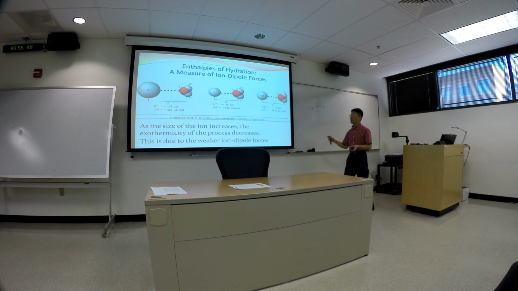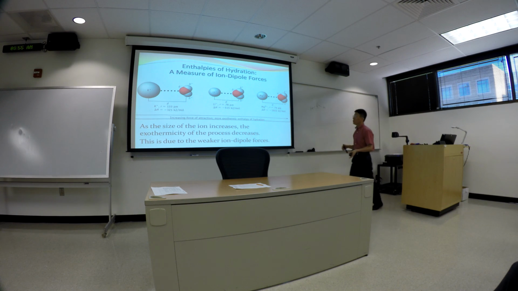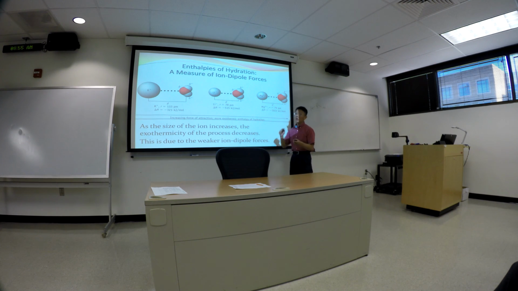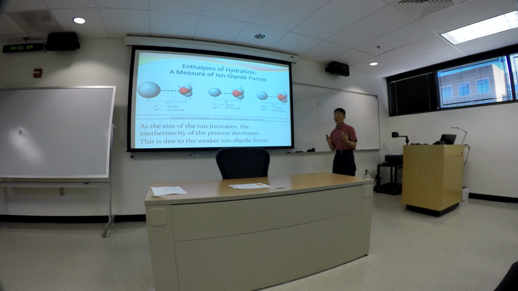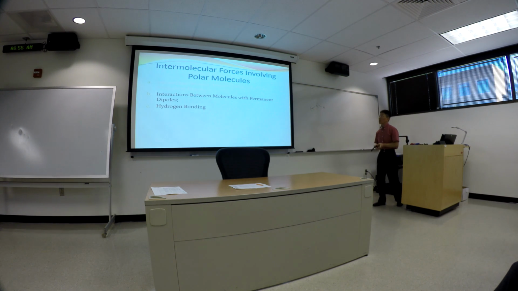So again, as the ion size increases, the exothermicity of the process decreases, and this is due to weaker ion-dipole interaction. Between lithium and potassium, you can clearly see that. Also remember the total number of charges matters. When you have more positive charges, you get a stronger interaction, even though the 2 ions are about the same size. Okay, so that's the